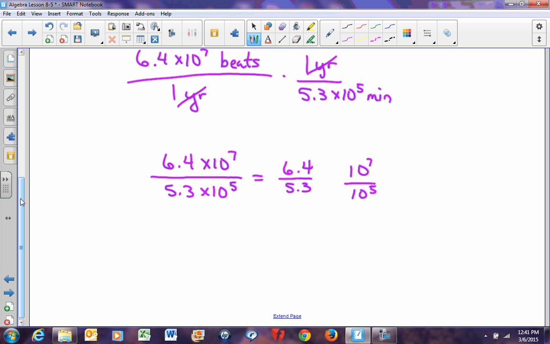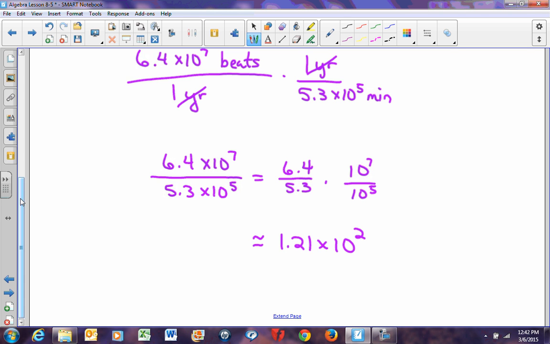If I take my calculator and divide 6.4 by 5.3, I'm going to get a very long decimal number, so I'm going to round it. So that's going to be approximately 1.21 to the nearest hundredth times 10 to the 7 minus 5, which is 10